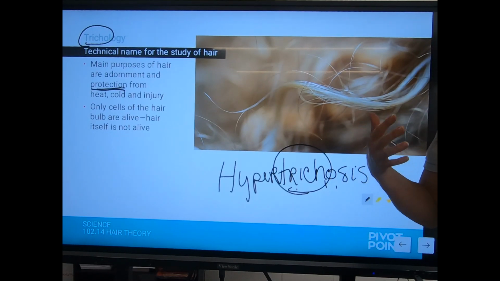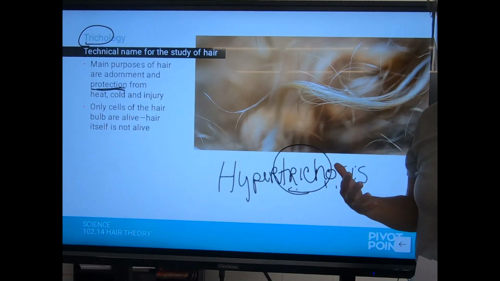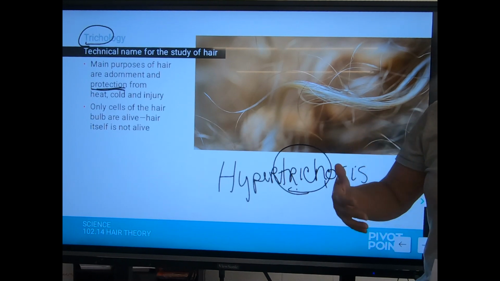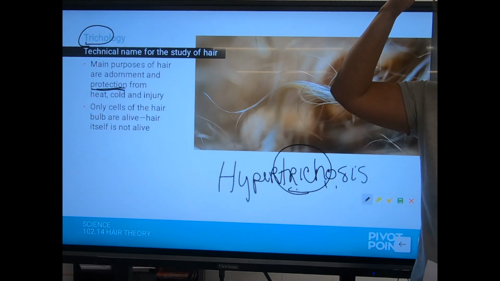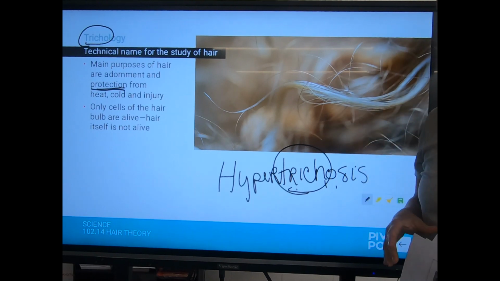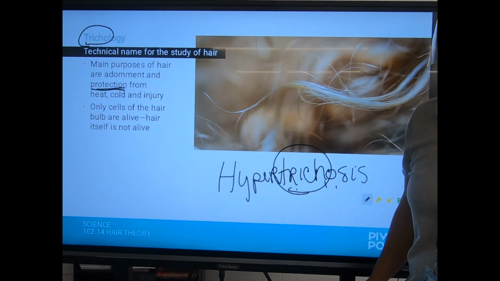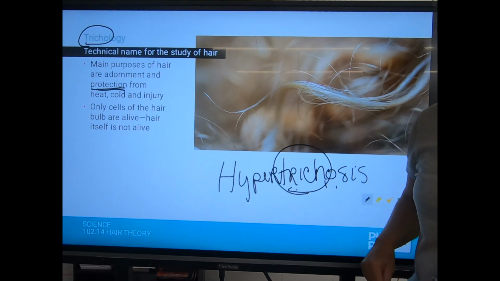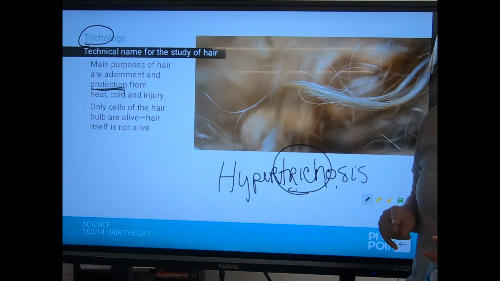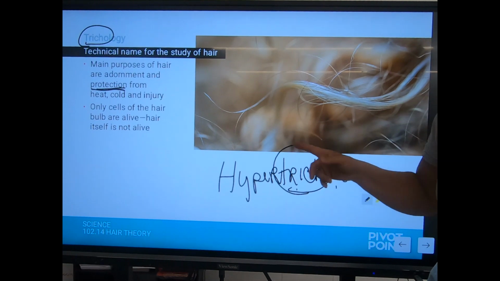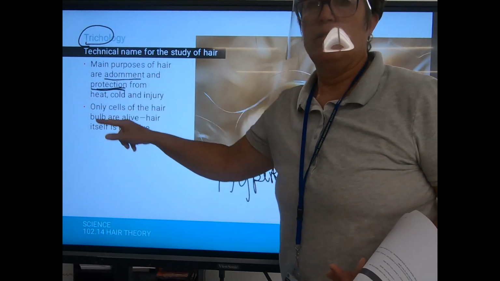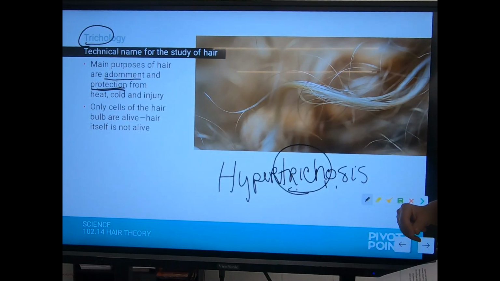The other thing is he was out in the sun all day, every day, didn't wear a hat, and he was not protected from the sun. So later in life, he was found to have precancerous lesions on his head, and they had to put medicine on there to take care of that. So he wasn't protected from bumps and bruises, and he wasn't protected from the sun. Adornment, it just simply makes us look better. That's all that means.